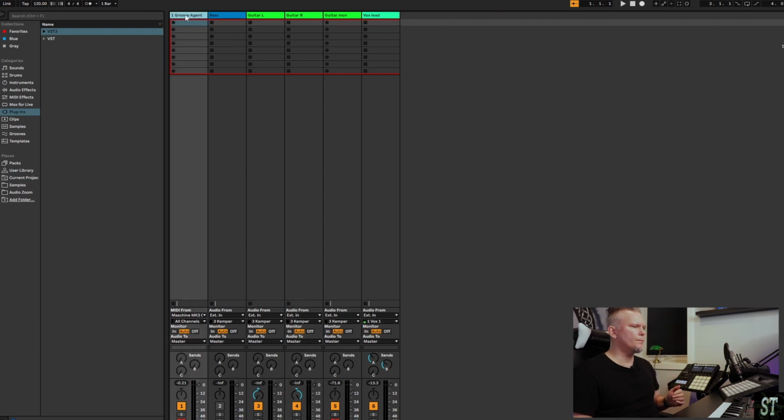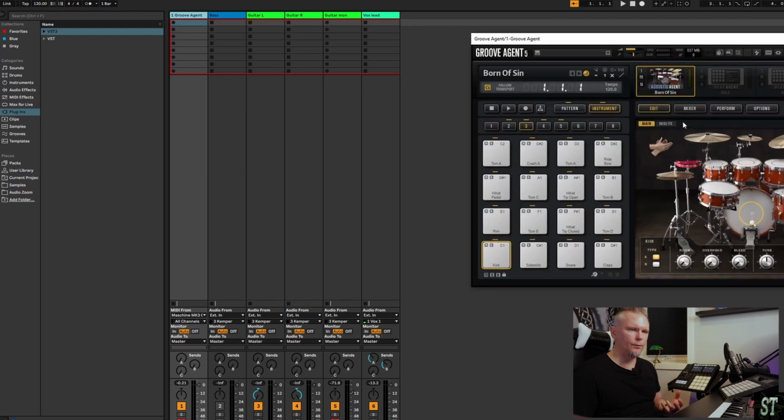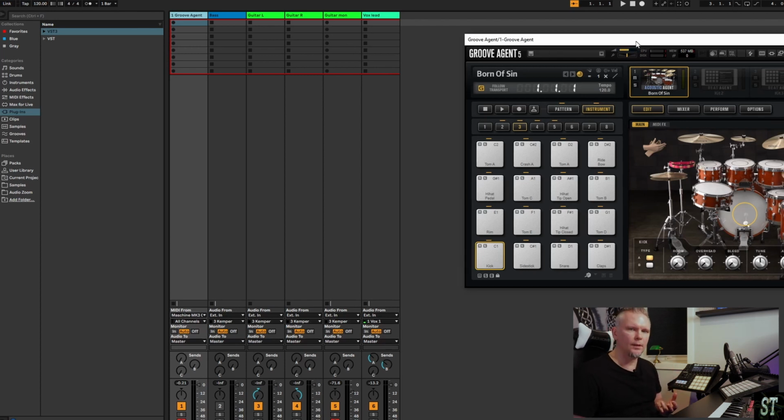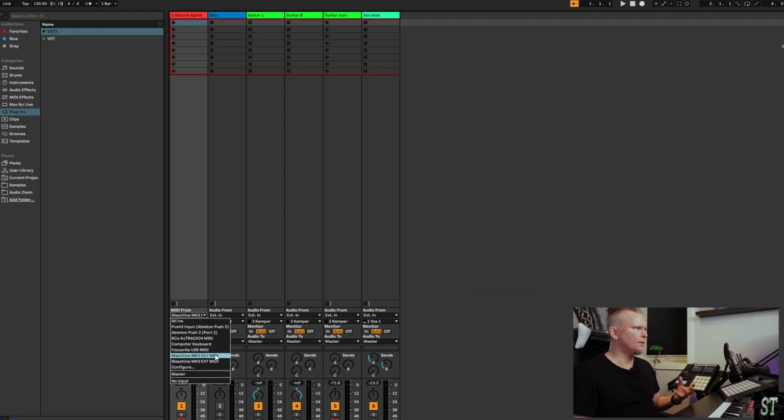As you can see, for drums, I have a MIDI track with Groove Agent 5 as an insert. For rock and metal, I just love how Groove Agent sounds. It's a plugin I bought when I was using Cubase, and I just had to keep using it after moving over to Ableton. As you can see, I've set the track to be controlled by the Machine Mark III, and